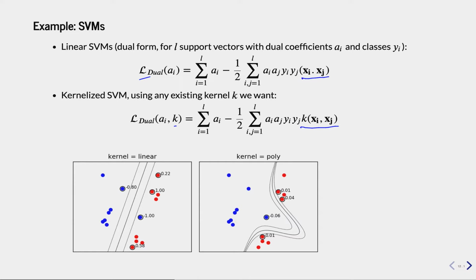So again, here we have a bunch of points, and this is the linear decision boundary learned by a linear SVM. Simply by plugging in this kernel, we can learn now very complex decision boundaries using the exact same algorithm. But nothing changed. We're just only learning support vectors, and we're learning their coefficients. That's all we do. It's still a linear combination, but because we have the kernel,